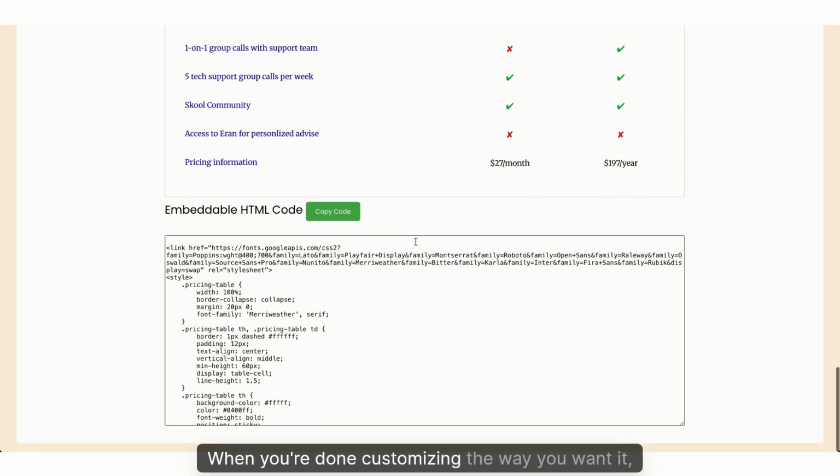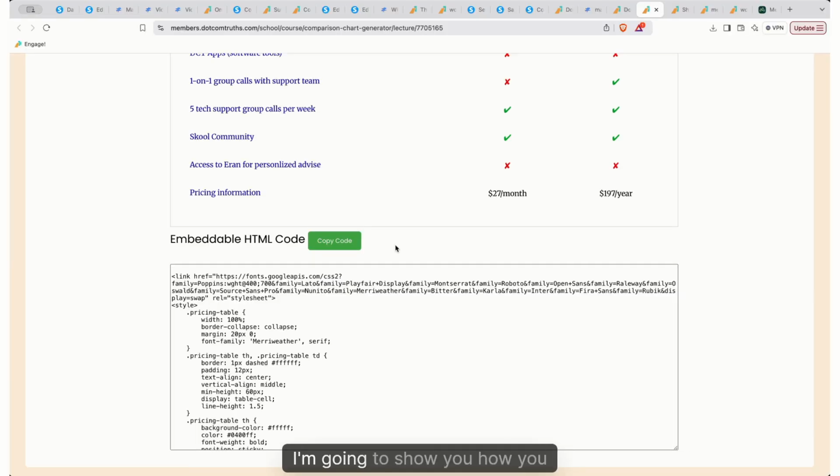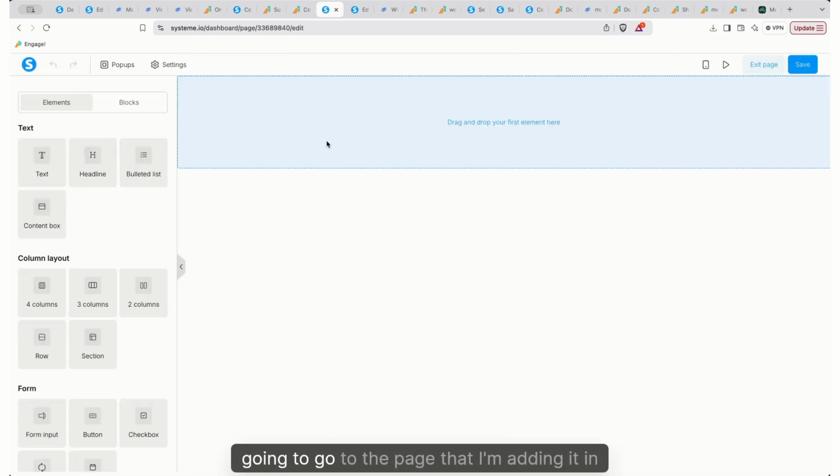When you're done customizing the way you want it, you're going to click on Copy Code, and you're going to paste it wherever it is that you are hosting it, Kajabi, Systeme.io, whatever. For demonstration purposes, I'm going to show you how you install it in Systeme.io. So I'm going to click on Copy Code, and then I'm going to go to the page that I'm adding it in,